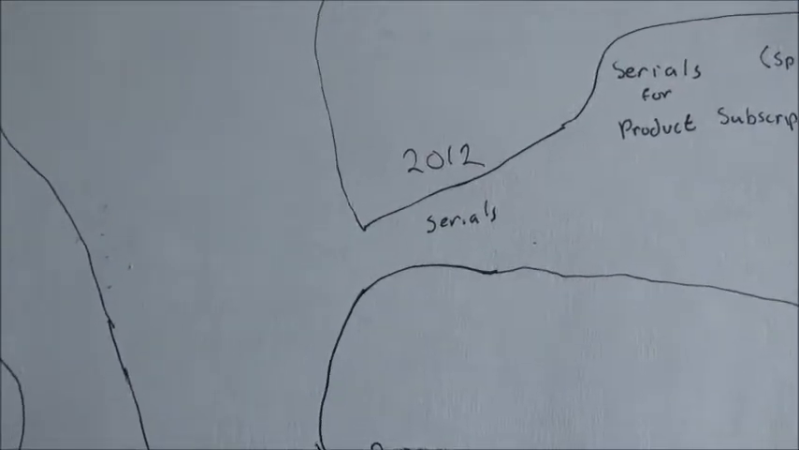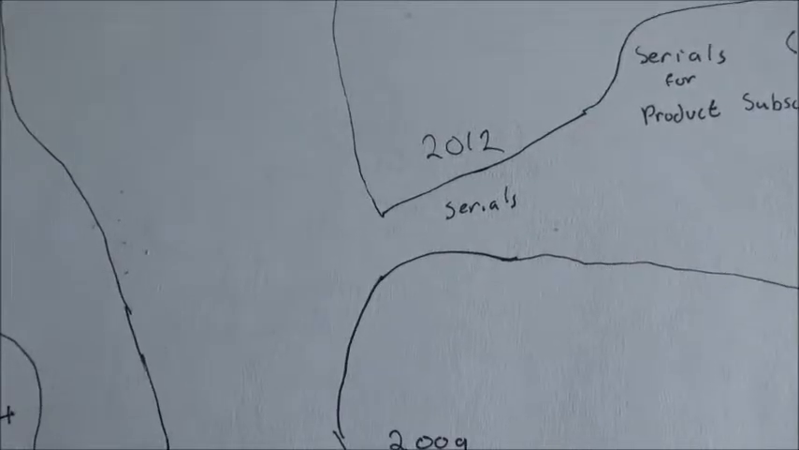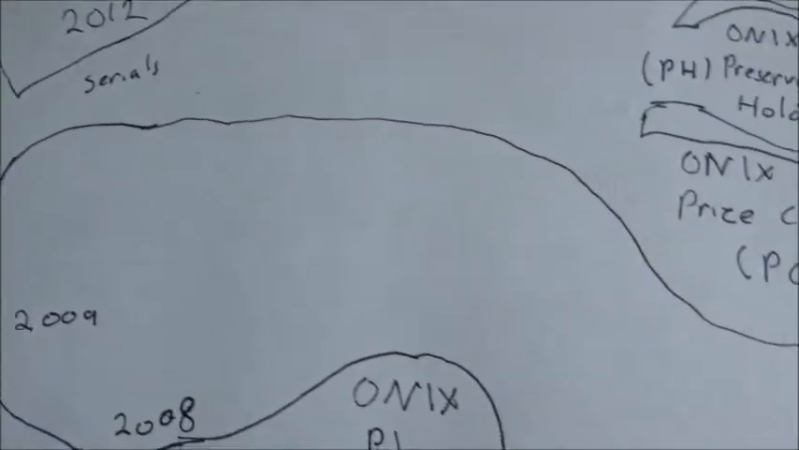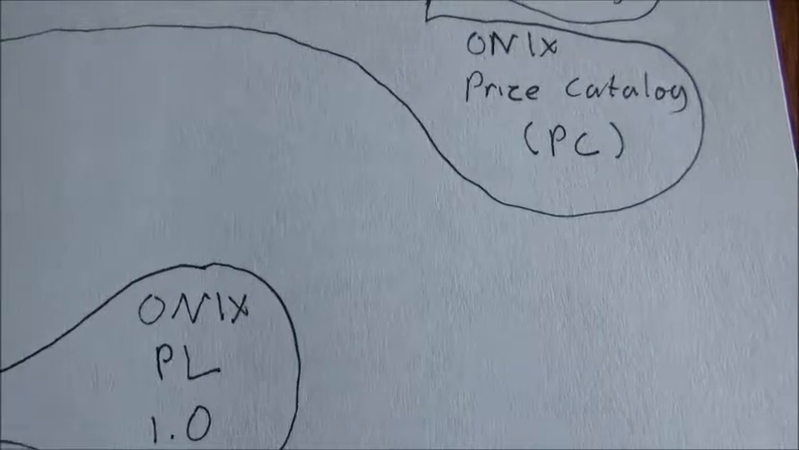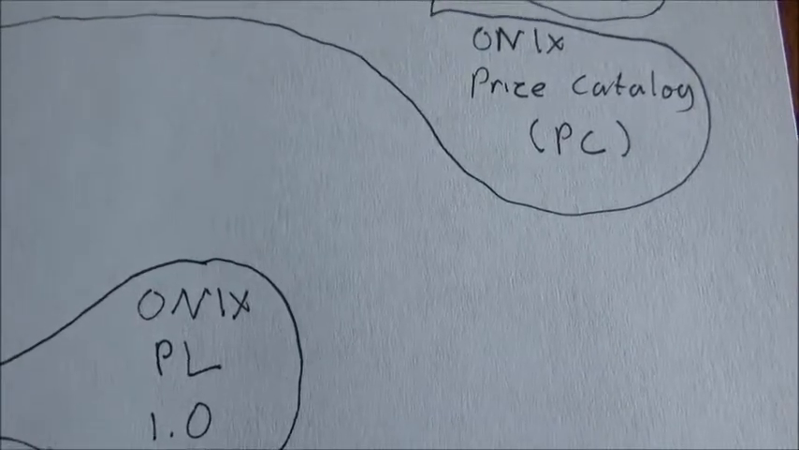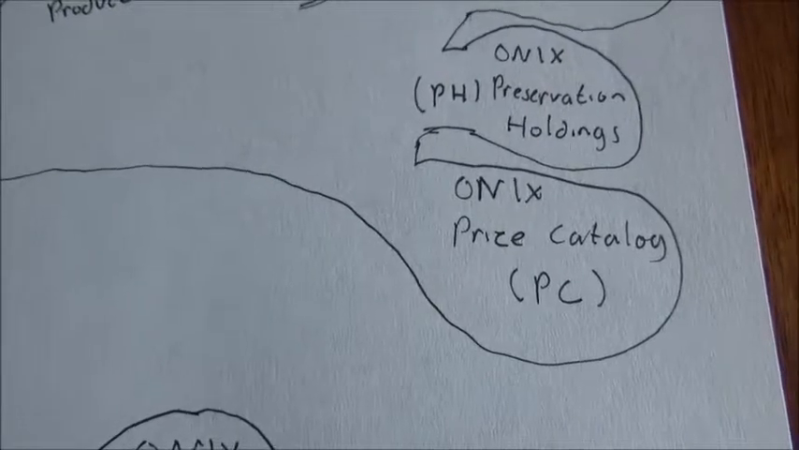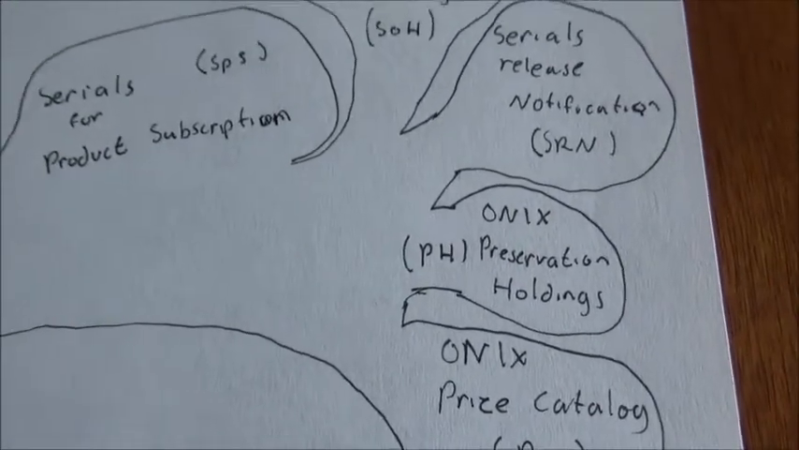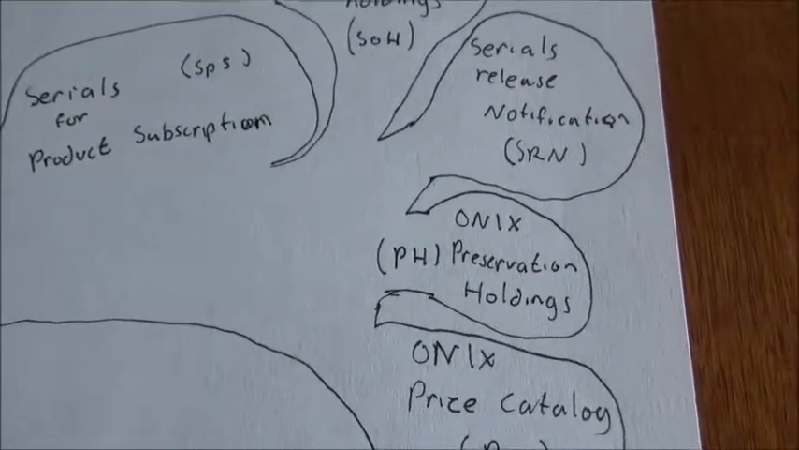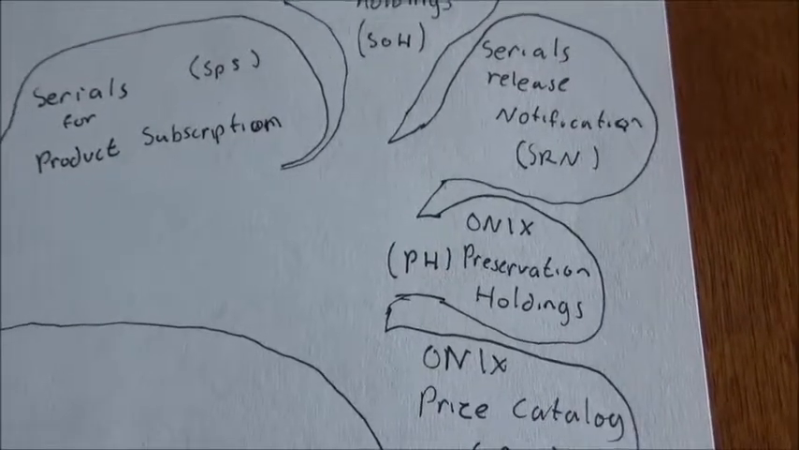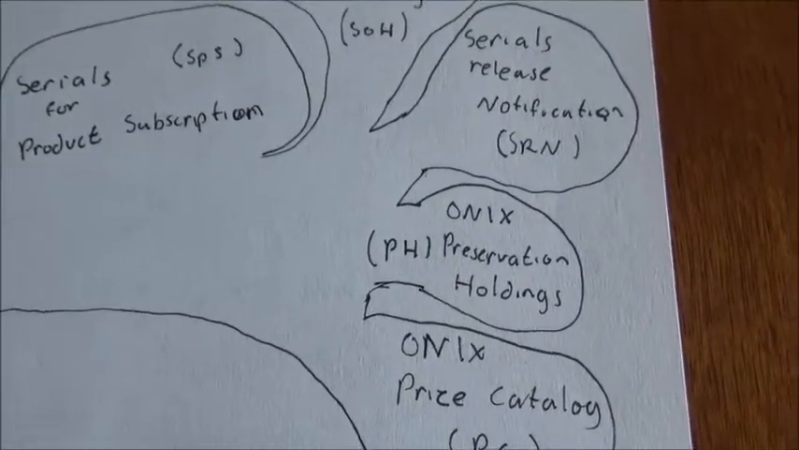In 2012, ONIX branched out into ONIX for Serials, which includes the ONIX Pricing Catalog, which talks about the pricing of serials, the ONIX Preservation Holdings, which talks about the status of what is being preserved, the Serials Release Notification, which talks about also the status of it, like whether or not, how soon it can be until it comes out,